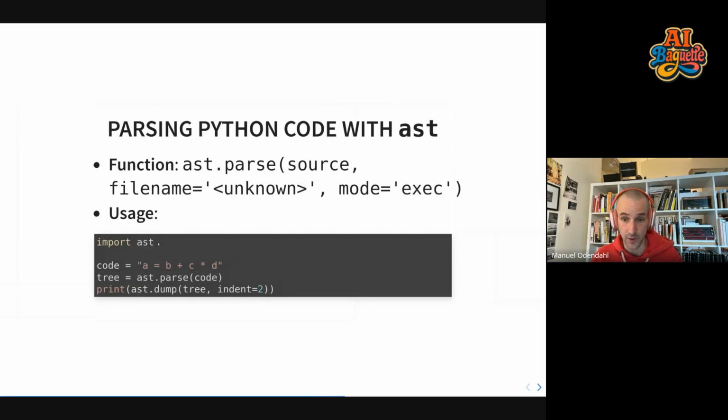You can do the same with libraries, right? Like parsing Python, actually creating the AST, is probably the more complicated part of a lot of these things. So Python has a module called AST. This is Python centric, but pretty much every programming language comes with such a module, and you can just parse straight code. So if I take the same code and I parse it, and then I dump it, I think,